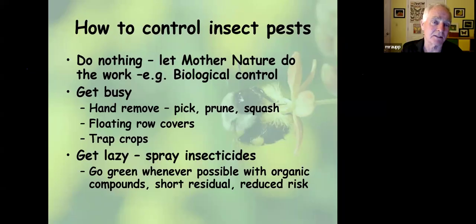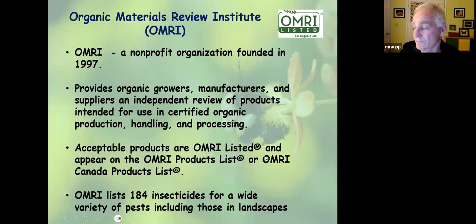And when I'm growing my garden, to keep the cucumber beetles and the squash bugs off, I'm going to cover them with floating row covers in the springtime to keep the pests off rather than spraying them with insecticides. And finally, when all these other things fail, then I might get lazy and actually spray these pests with an insecticide. Now, I will be honest with you, in my landscape, I use virtually no insecticides. Mother Nature, my landscape is diverse by virtue of the great number of flowering plants and habitats I have. So I have very, very little need for pesticides in my garden.